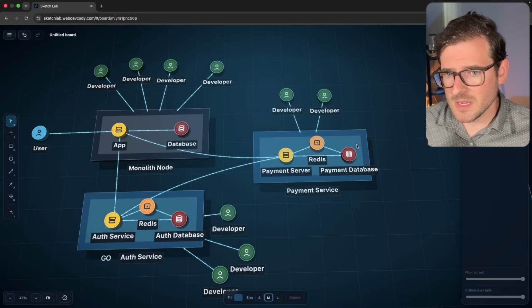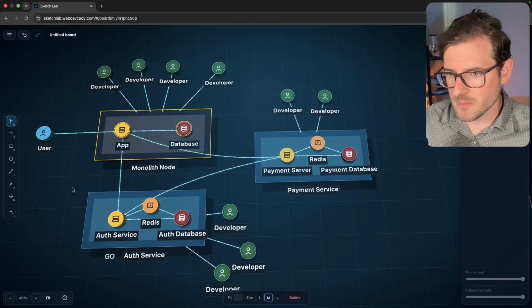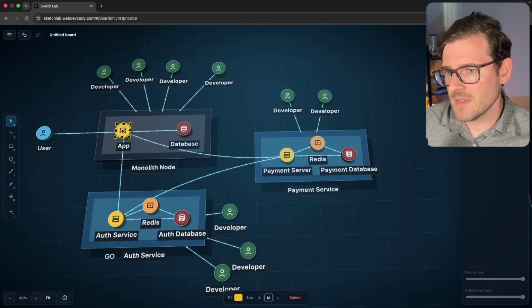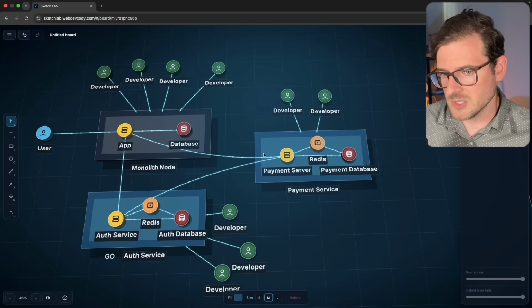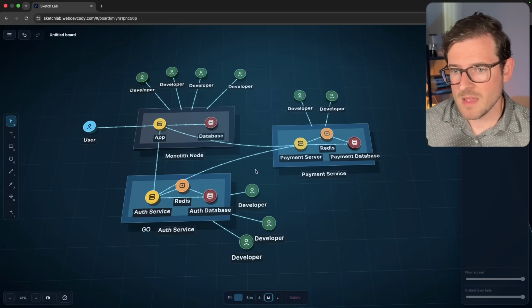These servers typically would have to have some type of rate limiting in place as well. So if this application for some reason is flooding the payment service with too many requests, again, you have to make sure you have a bunch of stuff in place to do retries. Also, your payment server needs stuff in place to rate limit. So now that original monolithic approach that you were doing, you now have a bunch of different services.